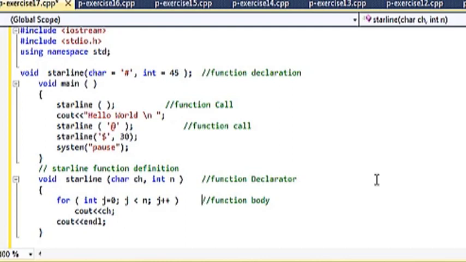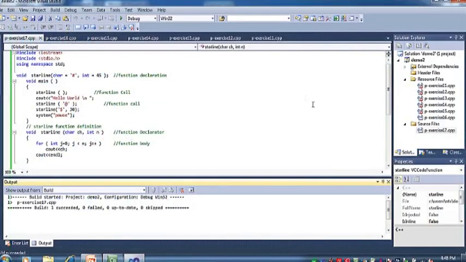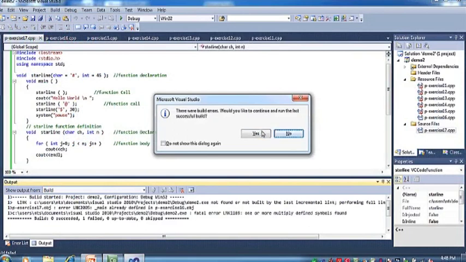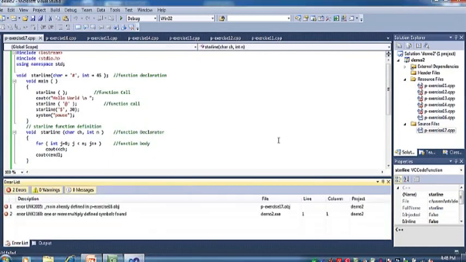And let us see. I hope there is no compilation error. Just हमने देखा था Control F7 से हम compile कर सकते हैं, so yes, there is no error. So we can just build it. Control F5. Okay. Main already defined. No, main already defined, the same error, which shows that exercise